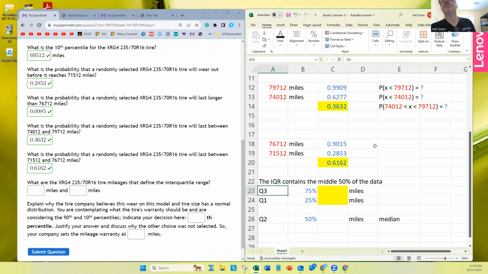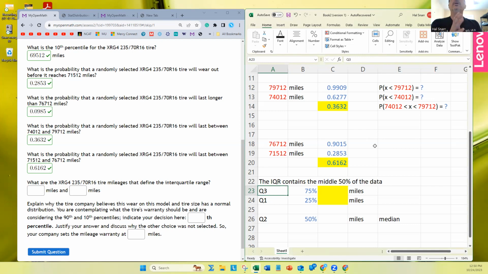It contains the middle. It doesn't contain the lower 25%. It doesn't contain the upper 25%. It contains the middle 25%. So